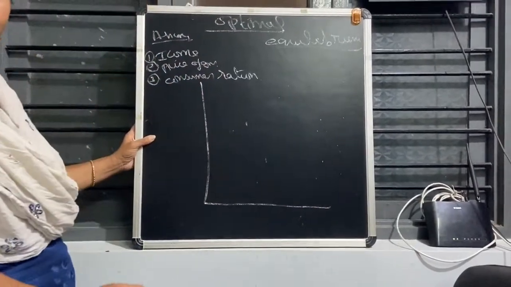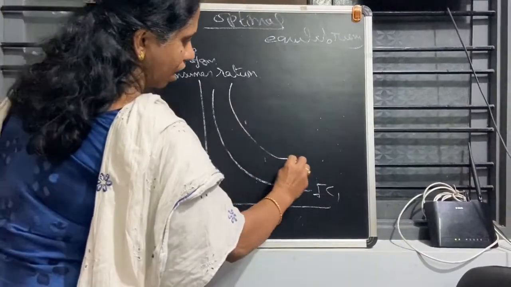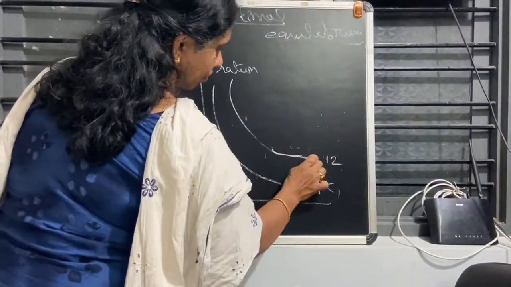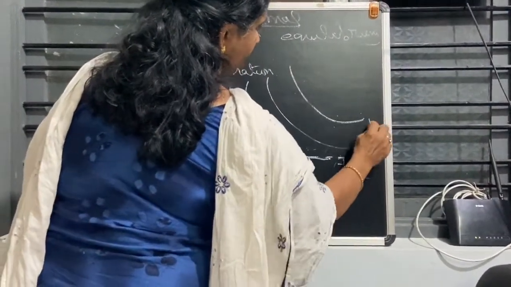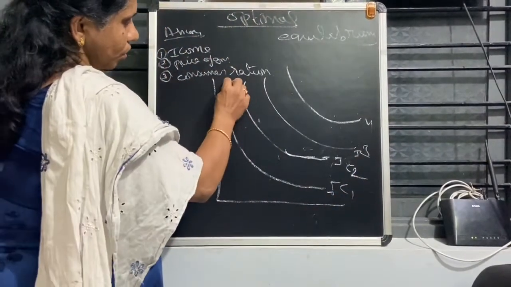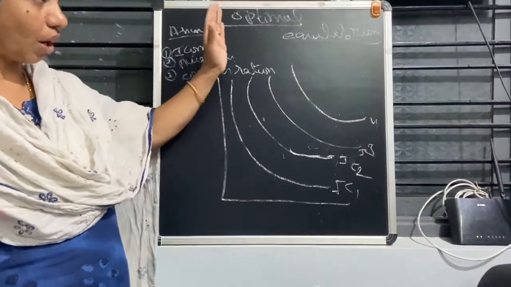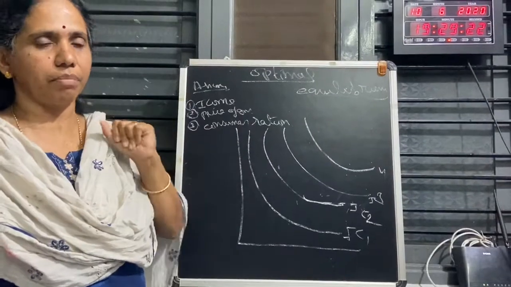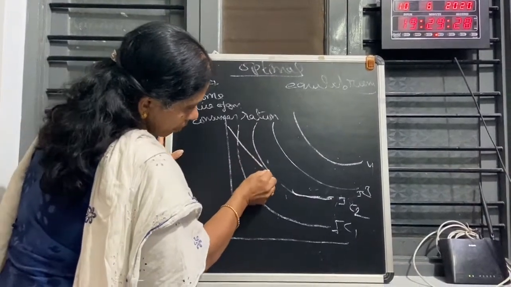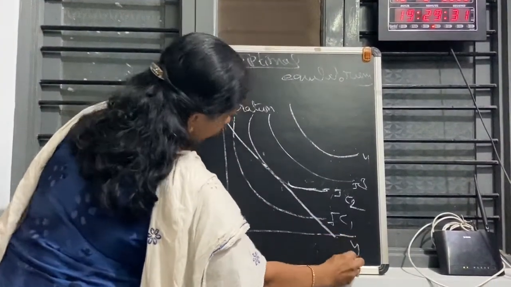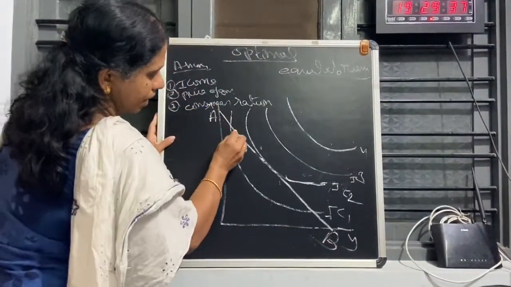So now there are 4 indifference curves: IC1, IC2, IC3 and IC4. Generally, we'll say a higher indifference curve shows a higher level of satisfaction. But here, where will you get the equilibrium? He has to see his income, his ability to pay. So ability to pay will be shown by the budget line. Y-axis, X-axis, and A and B is the budget line. This is called the budget line.